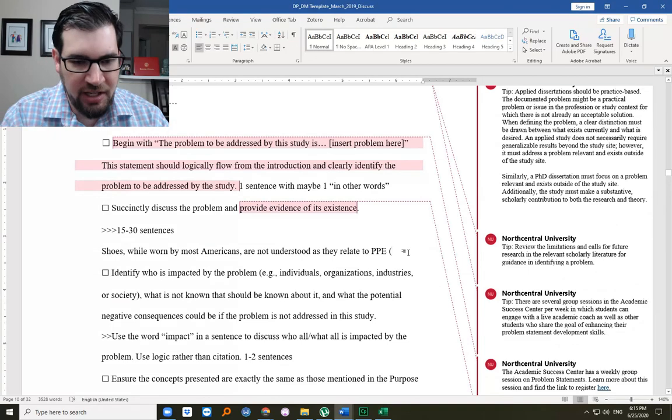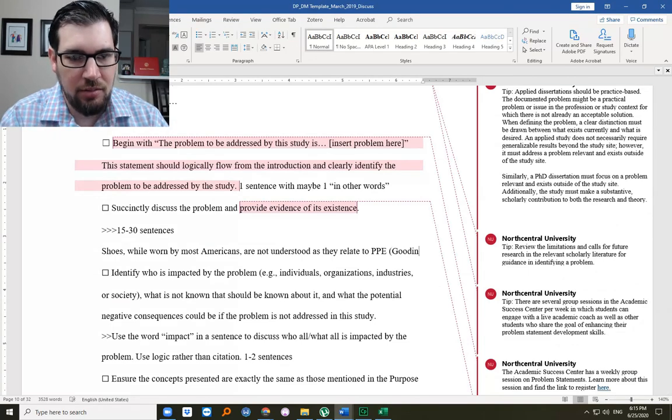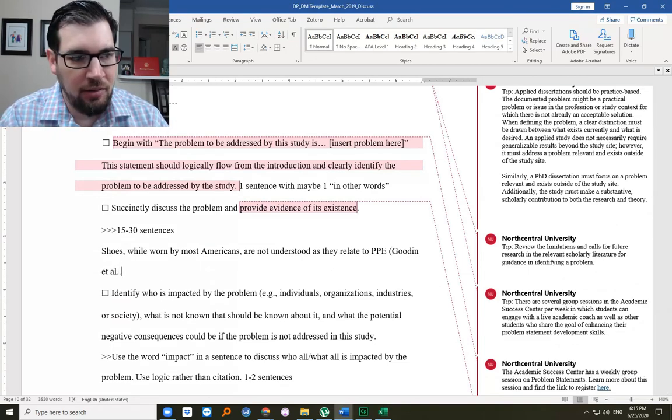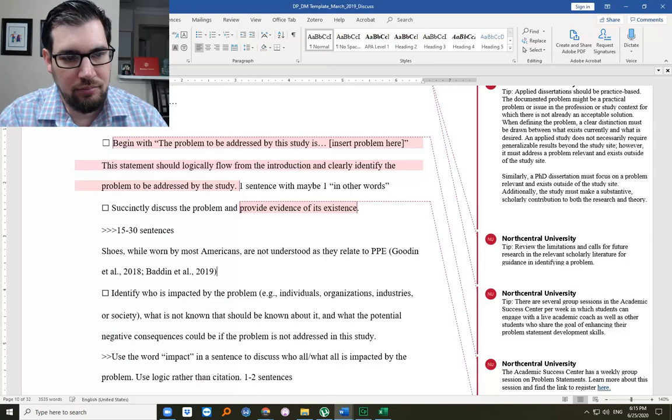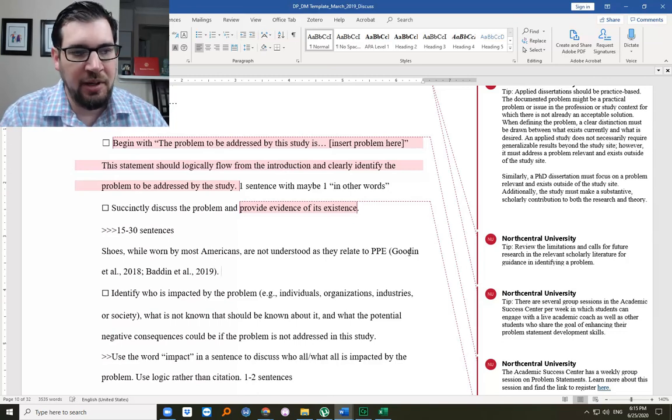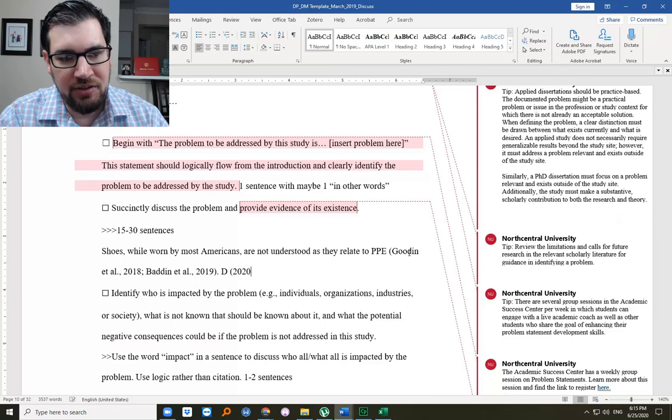So here we might have Goodin et al. 2018, and we'd also put the other people. That way we don't have to create two different sentences. Sorry, the other. So let's use those for example. And then you might say D, which I didn't make a name, D 2020